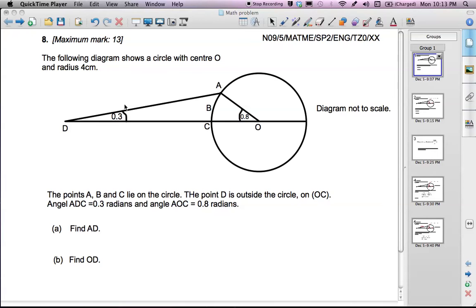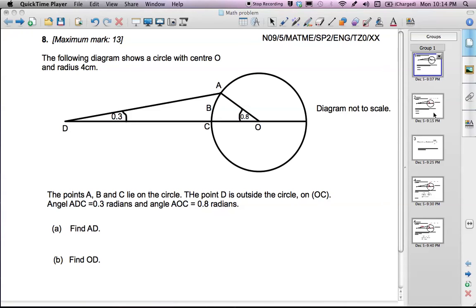So what we're given here is a circle with a triangle inside of it, and they've given us some information. The radius of the circle is 4 centimeters, and two of the angles of the triangle are 0.3 radians and 0.8 radians. So the first thing you should do is label all the information you know, because this will help you visualize what you need to find out in order to solve A and B, finding the lengths of AD and